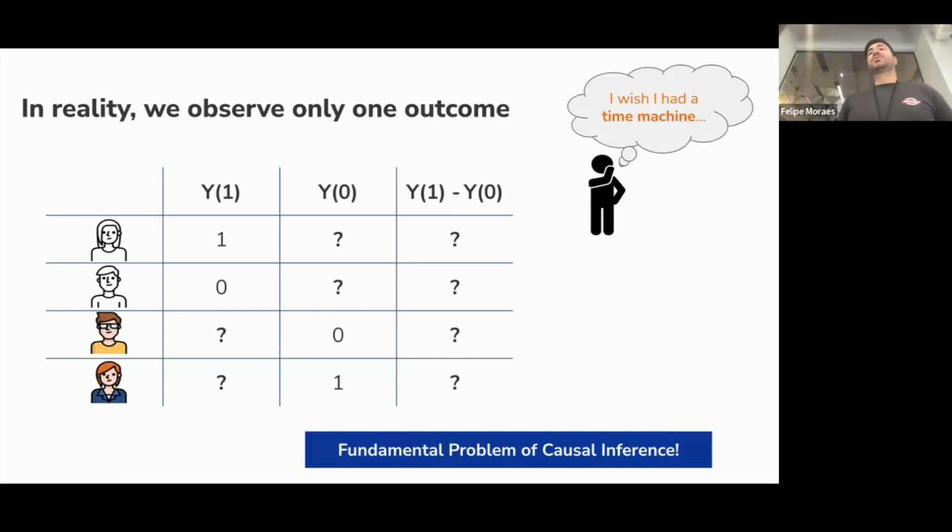All right. In reality, we observe only one of these outcomes. So this is what we call the fundamental problem of causal inference. For one user, if I treat them, I can only observe one of the outcomes, which is why we see these missing values here. The fundamental problem of causal inference is how can we compute this treatment effect if I cannot see what happens in different worlds, and what conditions do I have to assume to be able to actually compute these average treatment effects.